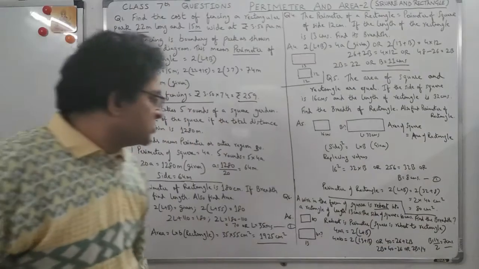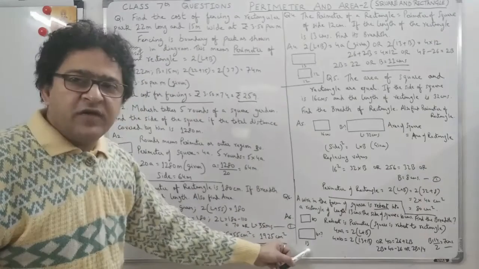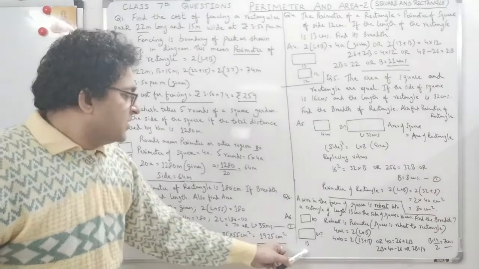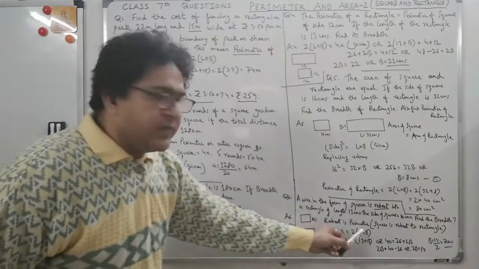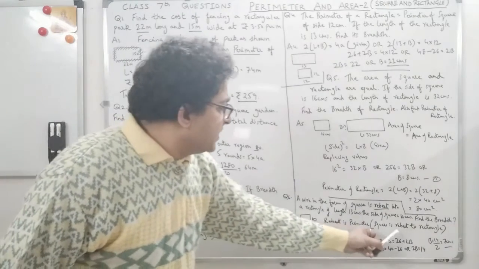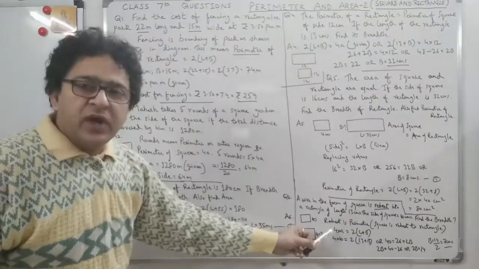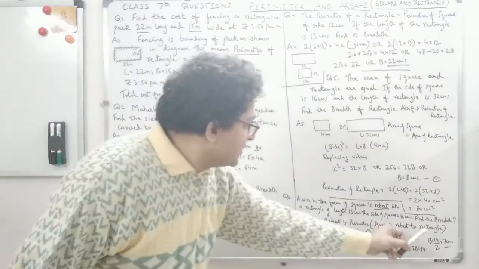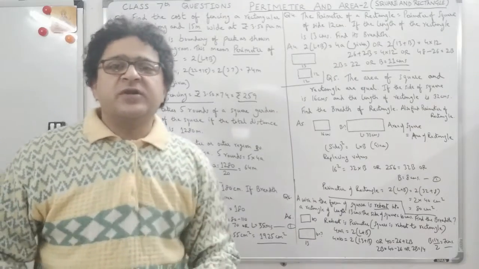Find the breadth. So this is a square of 10 centimeters, being rebent to make a rectangle of length 13 centimeters, and the breadth is not given. So find the breadth. So simple. Rebend means perimeter, as I mentioned here. The square is rebent to a rectangle, which means 4 into a is the perimeter of a square. So obviously the perimeter of the square is being converted to the perimeter of a rectangle.